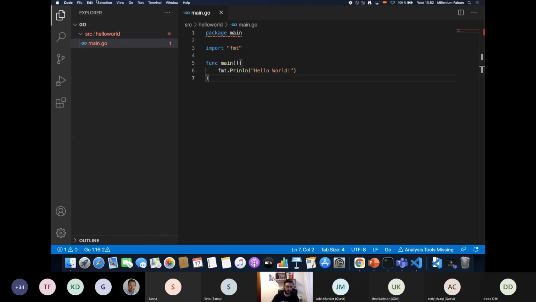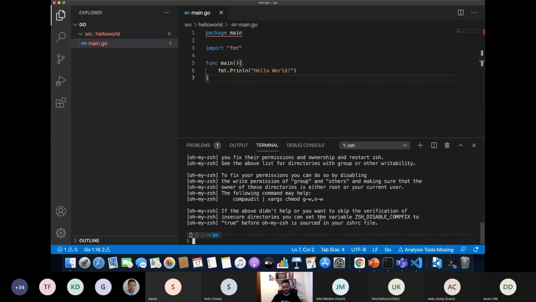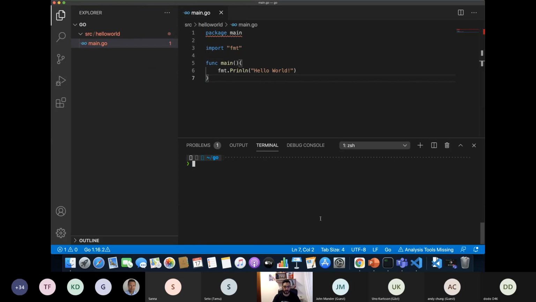VS Code also has an integrated terminal. So if I go here and clear this, and go to hello world, cd hello world, and do go run, I should be able to see this.